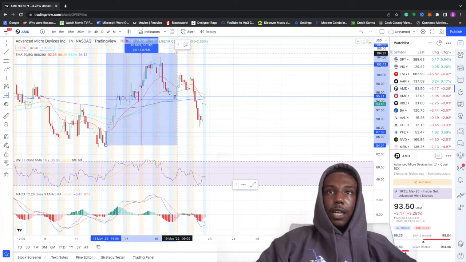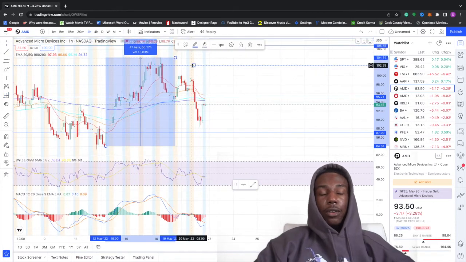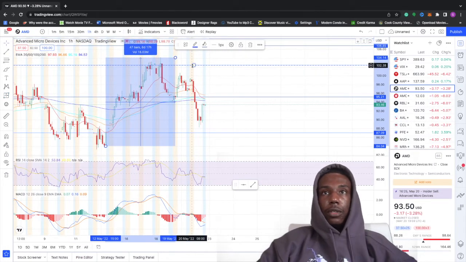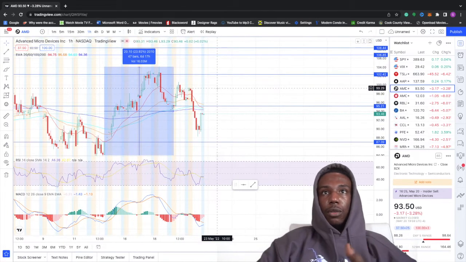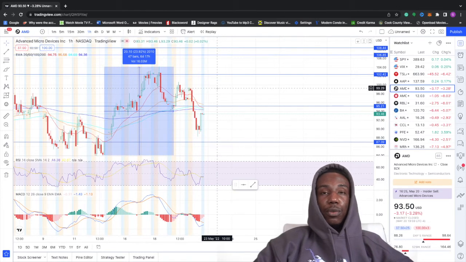You don't have to sell immediately after you buy. You can hold for months, weeks, days, depending on how long you like to hold the stock and depending on the value of the stock at the time and what it's trading at. But as you can see right now, this would actually be a 23% return, almost a 24% return, and that